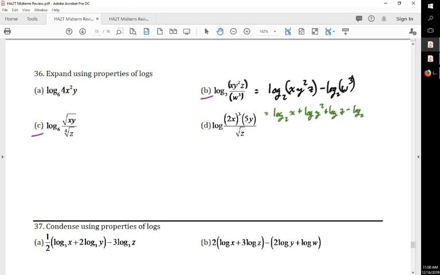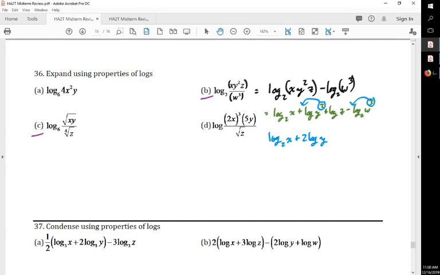All right, now there's no more logs to write, but I'm not finished. What am I supposed to do lastly? I'm supposed to take these powers, whenever there's exponents inside a log, so you can take them and drop them in front. They become coefficients to these logs. So our final answer for this one is log base 2 of x plus 2 log base